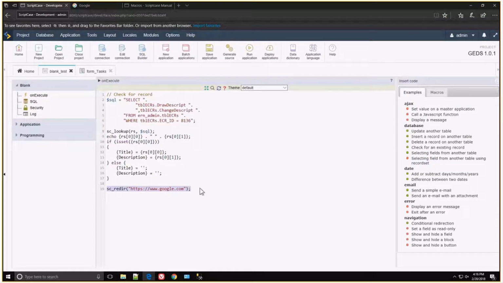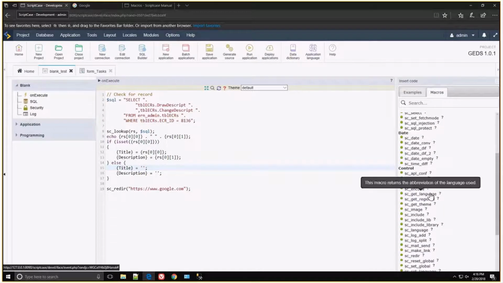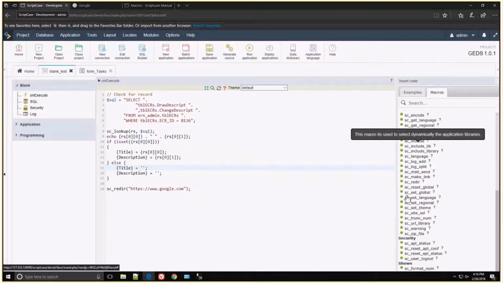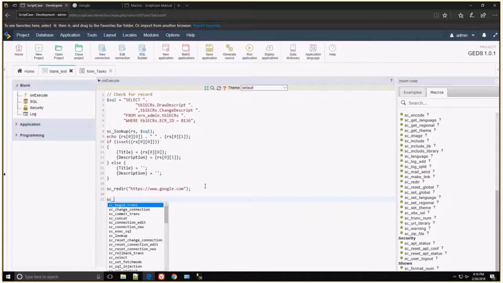So this is one way to do that, by pasting, by clicking in here. Another way to do that is if you type SC underscore and then hit Control spacebar, you can select more instructions. So if I select this one,